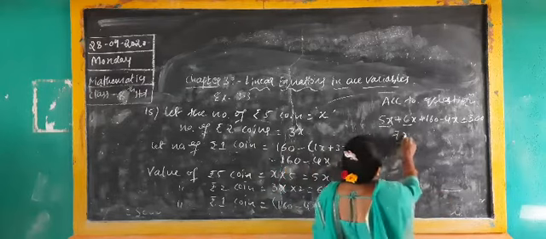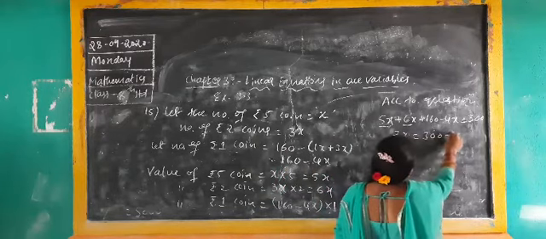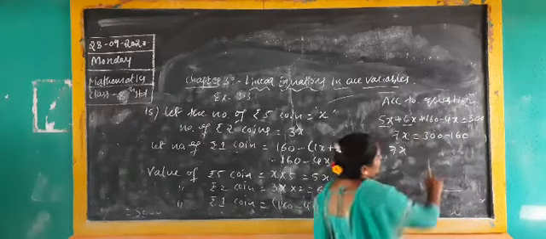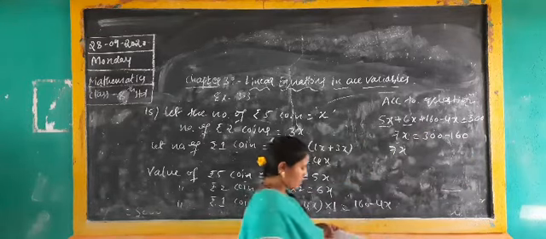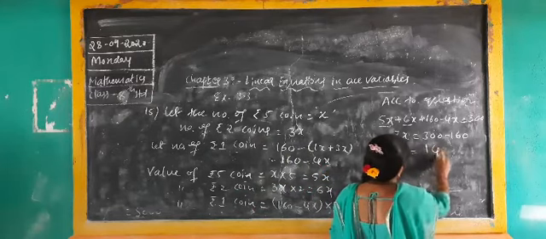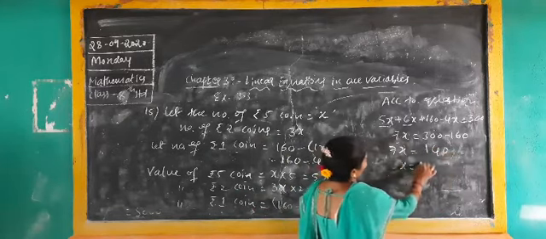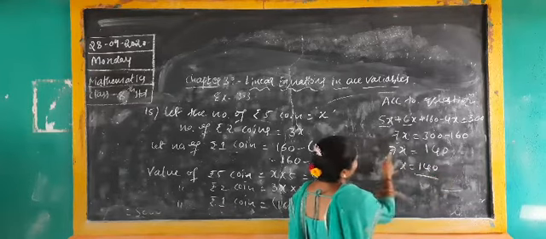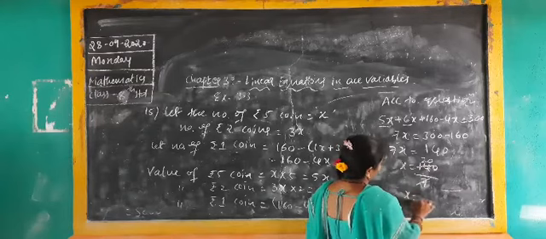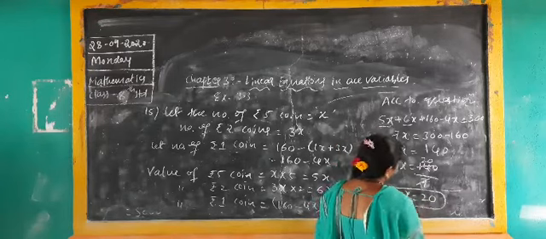Directly I will write 7x is equal to 300 minus 160. Here the plus 160 will become minus 160. Next, 7x is equal to 300 minus 160, you will get 140. You will get x is equal to 140 by 7, since it is multiplied, it should be divided. 7 ones are 7, 7 twos are 14, 0, so we get x as 20.